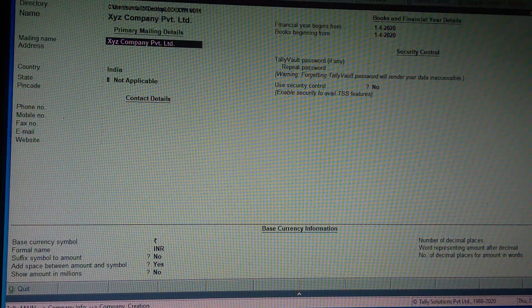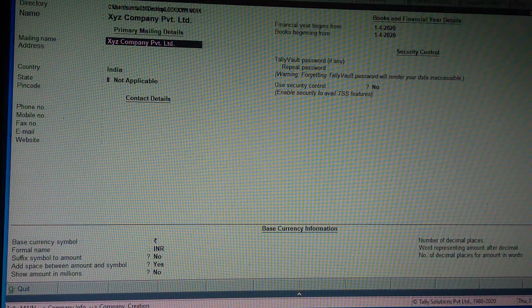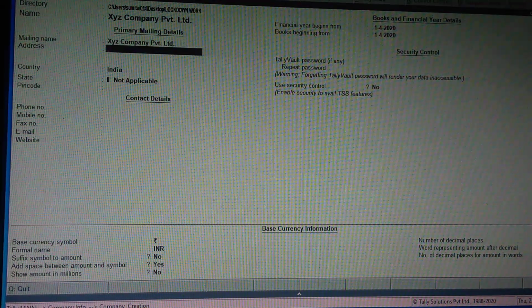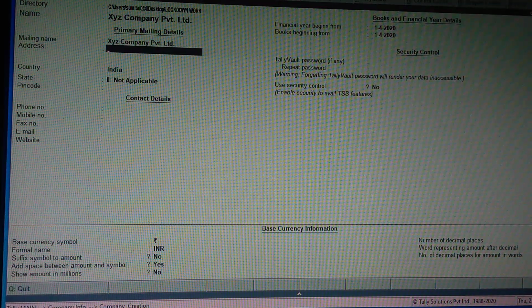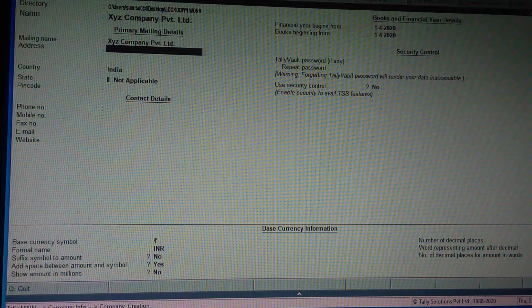Your mailing name, that is the mailing name. Here you can see it on your voucher, printed on your invoice. That is the company name, that is the mailing name. Then you have to input your company registered address. You can input anything.